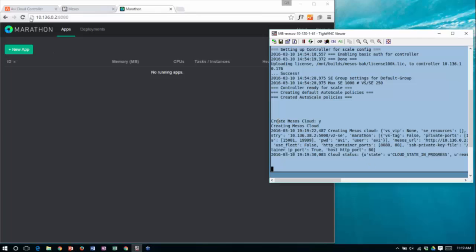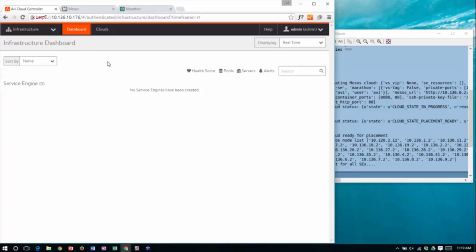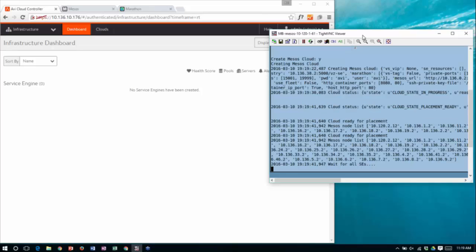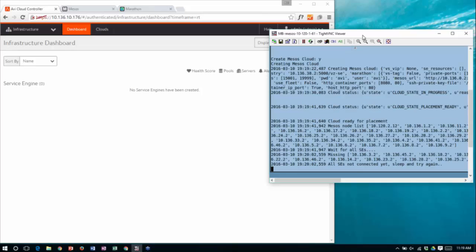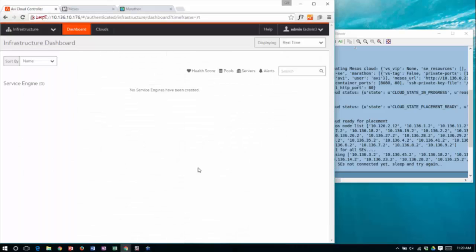This created inside the controller a concept called a cloud connector. We use this concept very broadly for connecting with OpenStack, with AWS in the public cloud, with vCenter for a virtualized environment, or with bare metal to deploy much like you would deploy a traditional load balancer. So the cloud connector goes in, and now the controller is interacting with the underlying Mesos instance to discover all of the Mesos nodes that we showed you here. These are about 40 plus nodes.